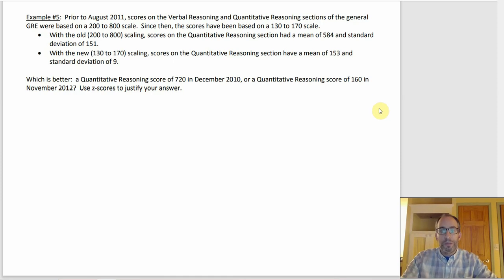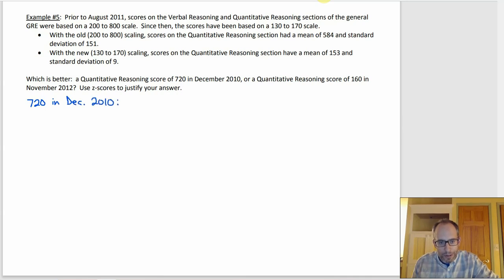All right, so we have the means and standard deviations for both before and after the switch, so we can figure the z-scores out. So the 720 in December of 2010. All right, so the z-score, z would be, and I guess those are population measures, so I could write it as x minus mu over sigma. But if we sub in,